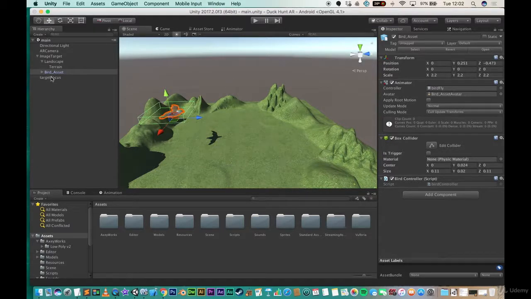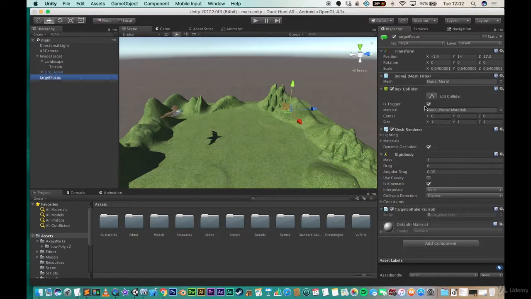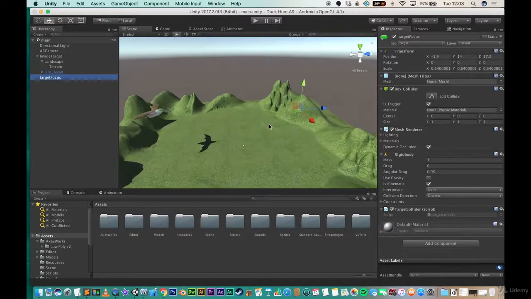So what I want you to do is click on the target focus and make sure that you have is trigger ticked. Now what that's going to do is make the physics engine act differently with this box collider. Instead of it actually being a box that the bird could bounce off into a new location, it will simply turn it into a trigger so that we can use an inbuilt function called onTriggerEnter, so that when